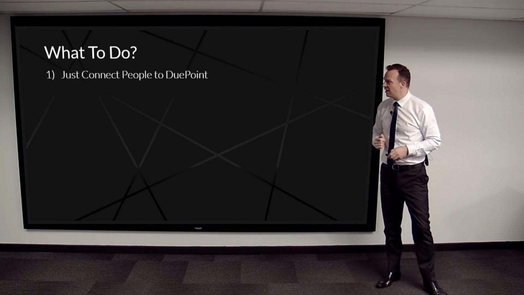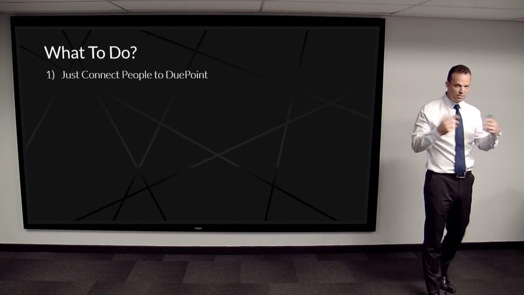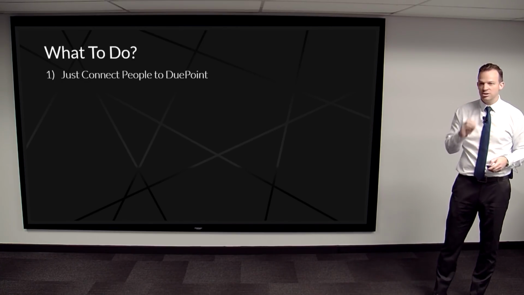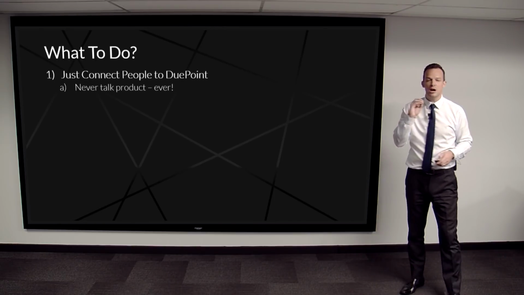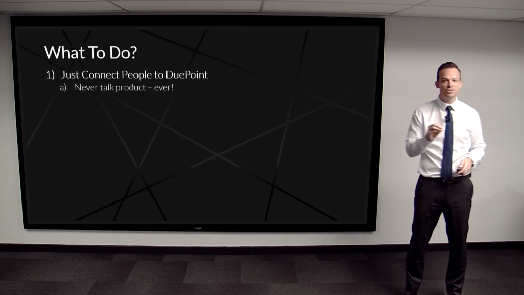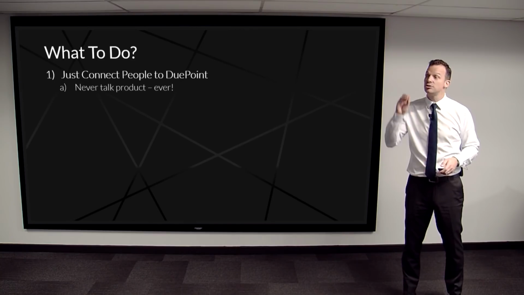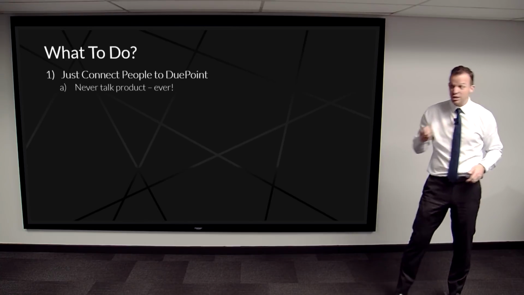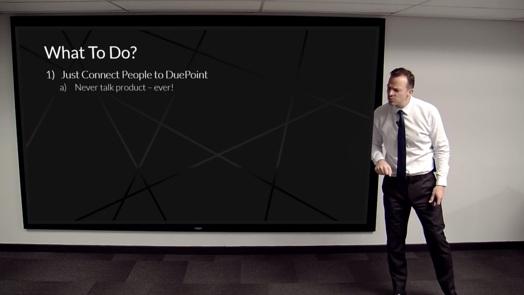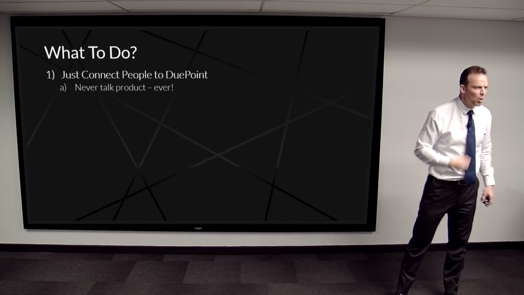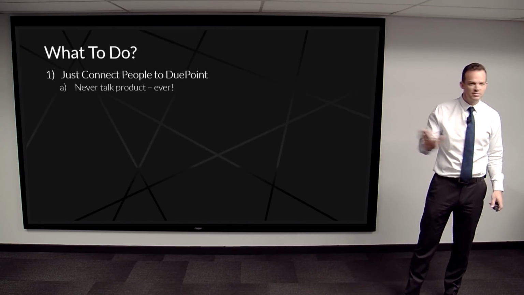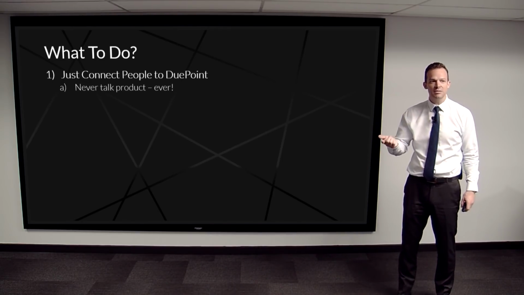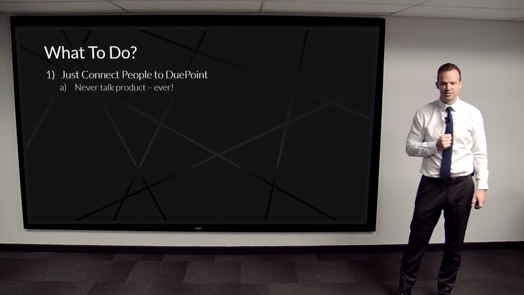What to do? Okay, so just a reminder. The whole principle of DuePoint. You've got to understand what DuePoint is trying to achieve. When you go out, you're not connecting people to our products. You are connecting people to our business opportunity. So talk business opportunity. People will try steer you to the product. Yes, but what are we selling? What is the product? What do I have to buy? You say, I'm here to tell you about making money. If you're interested in making money, come watch for 25 minutes.